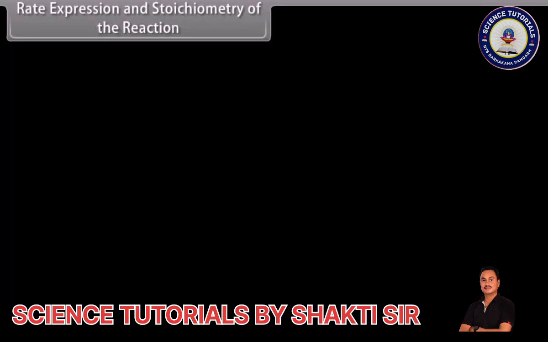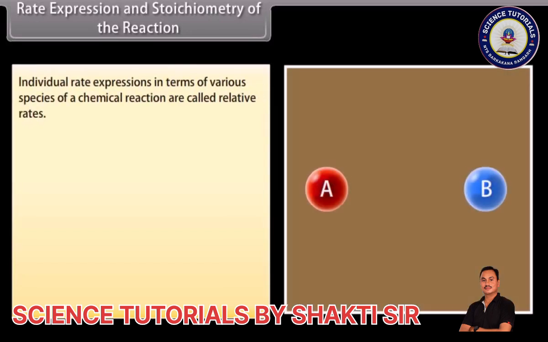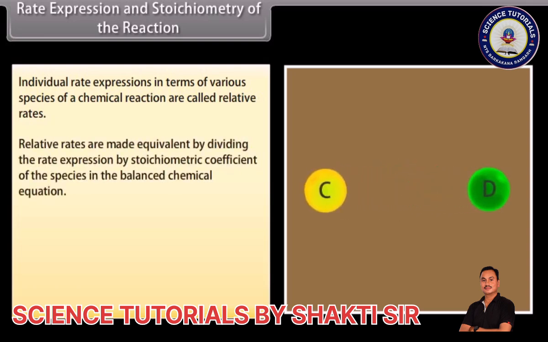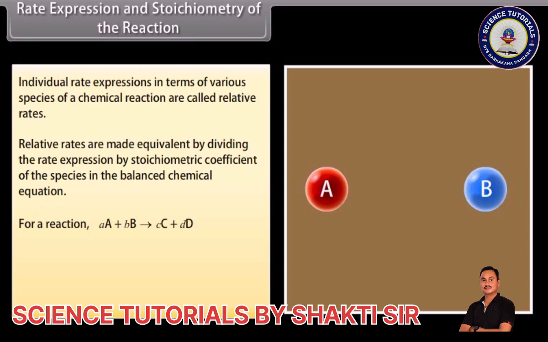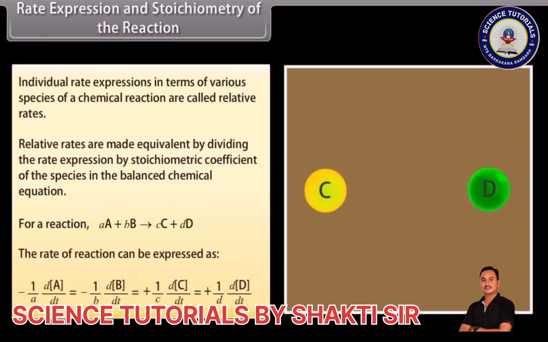Rate expression and stoichiometry of the reaction. Individual rate expressions in terms of various species of a chemical reaction are called relative rates. Relative rates are made equivalent by dividing the rate expression by the stoichiometric coefficient of the species in the balanced chemical equation. For a reaction, small a, capital A, plus small b, capital B, makes small c, capital C, plus small d, capital D. The rate of a reaction can be expressed as